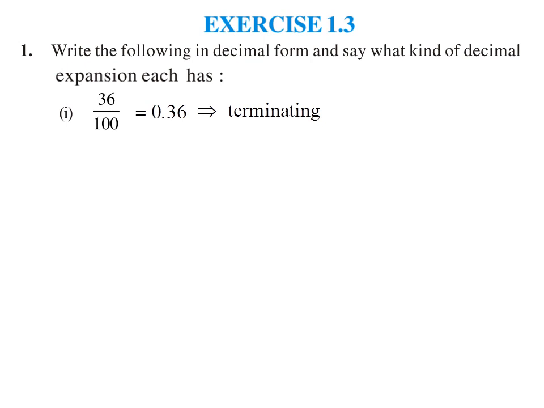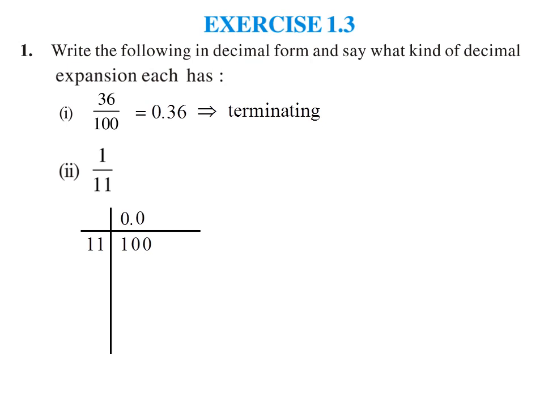Now the second question is 1 by 11. We cannot directly say anything about the decimal type, so first of all we have to apply the division form. Let's divide 1 by 11. I am writing 11 and dividing 1 by 11. We cannot directly divide 1 by 11, so first we have to multiply by 10. In division form we write 0 point. So it will become 10. But again 10 is not divisible by 11, so again we have to put a 0 in the place.